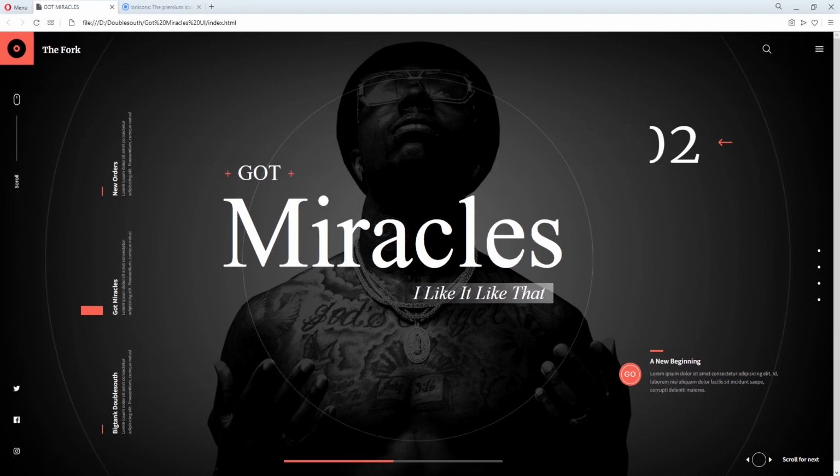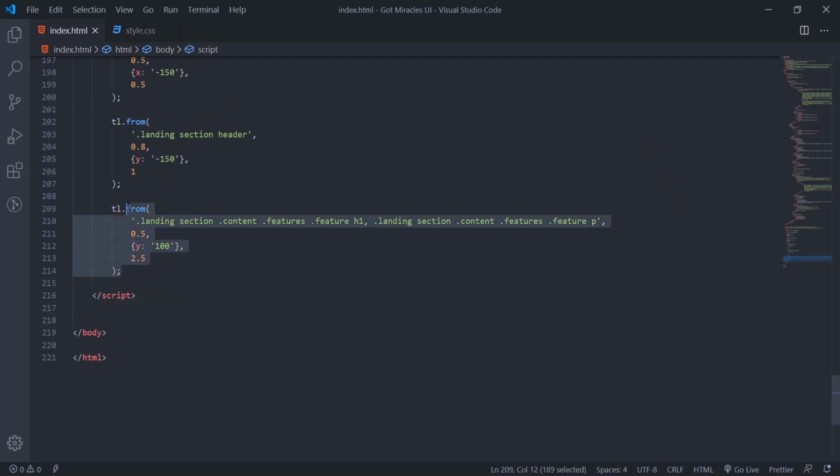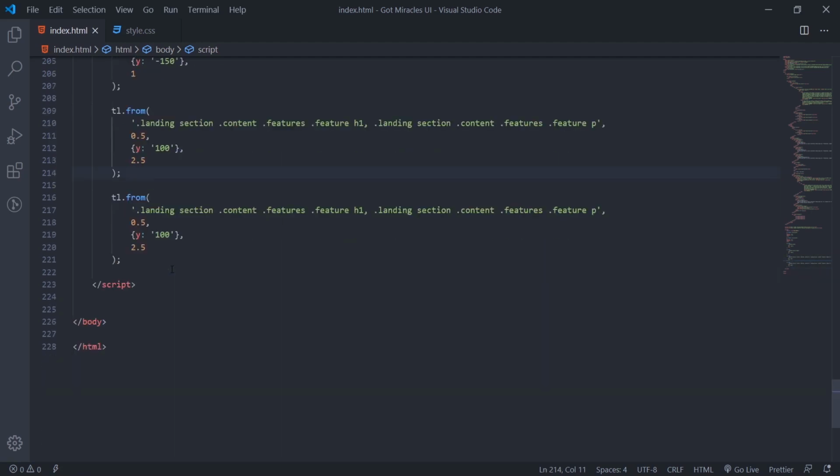All right. So the next thing we'll do now, we'll target the span. So dot feature span. We'll set this one to 0.5. This one will be from to, not from again. From to. Because now the height now one animate here.